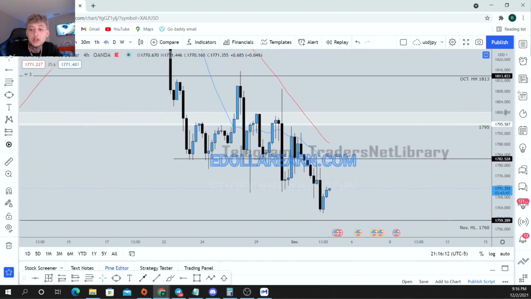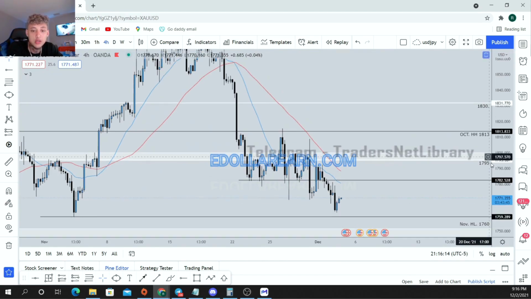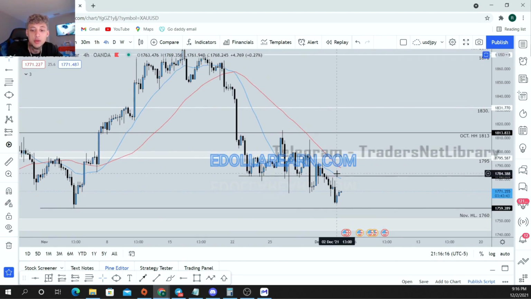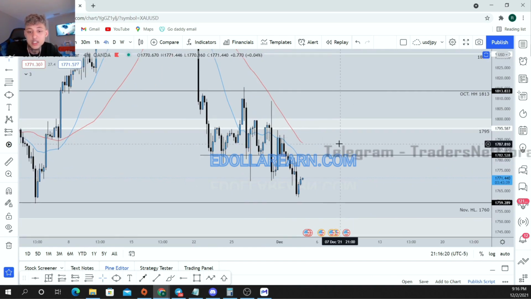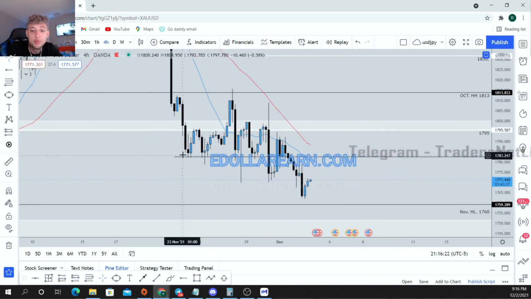So we can actually use the moving averages as a dynamic form of supply and demand, or a dynamic form of support and resistance, right? So notice how price actually broke support here and then came back up, right? When it came down